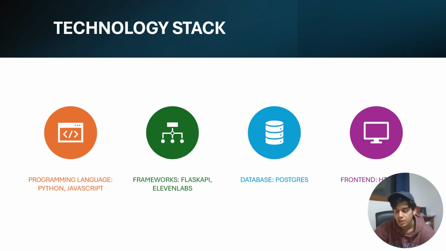So as a result, this is what our tech stack looks like. We are using Python as our primary coding language with a little bit of Java sprinkled here and there. We're using Flask API as well as 11 Labs as our core frameworks. Flask API is our primary API offering, which we're using to connect our front-end user interface with our back-end services. As far as 11 Labs is concerned, this is our go-to service for our text-to-speech functionality.